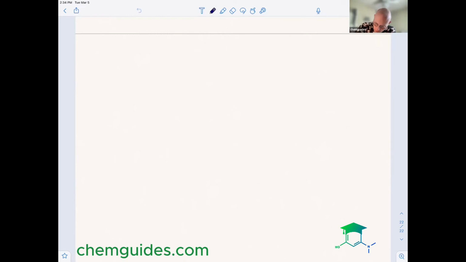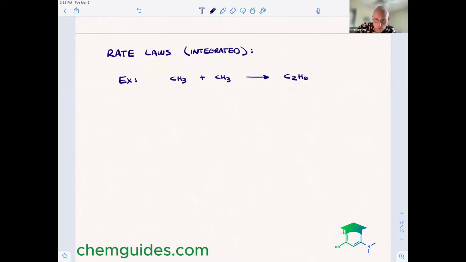Okay, so one more rate law for us to talk about in the integrated sense, which are second order reactions. So if you consider an example of maybe two molecules of this methyl CH3, and they come together to make C2H6. If you're told that this reaction is concerted or elementary,